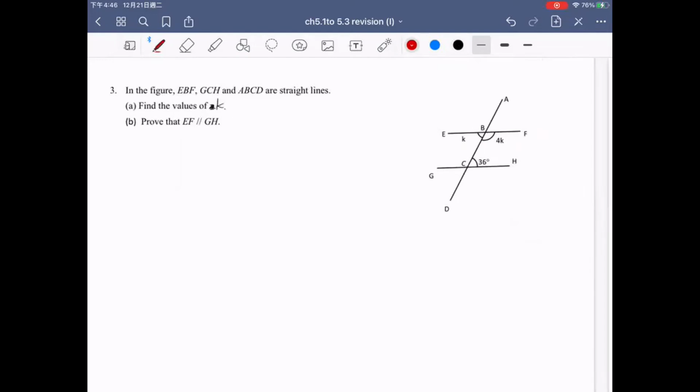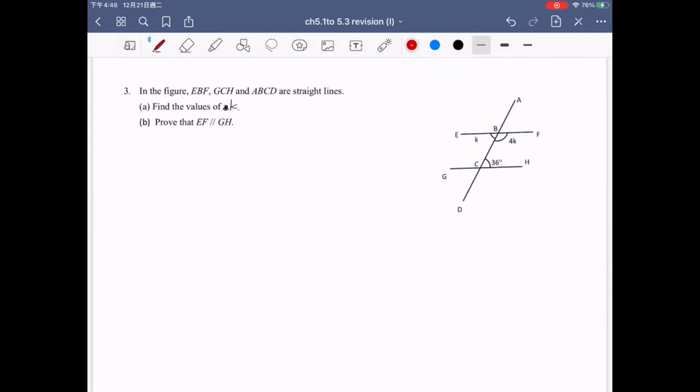Question number 3, and we have all the straight lines given. First of all, we find k, and of course we can mark the lines first. EBF straight line, G straight line, ABCD straight line, okay. And then we find k, that's easy, right? Because the k's must add to 180, reason: EBF straight line, so adjacent angles on a straight line. So on the left side we have altogether 5k, 180 degrees. So k is